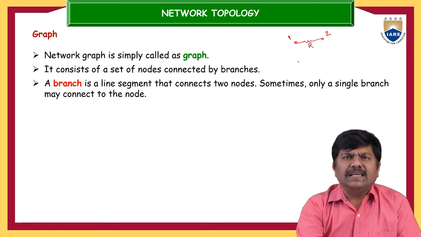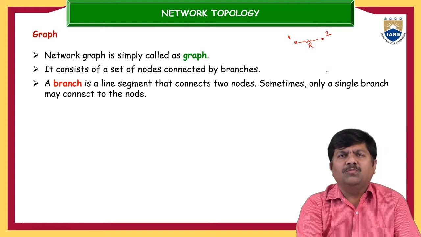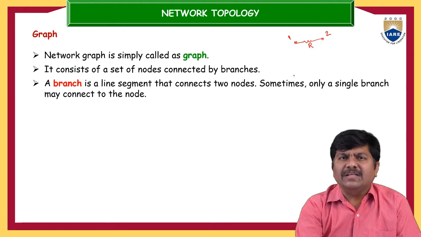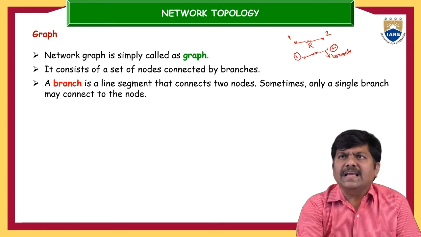So this is the physical element, now having a value of R, maybe 1 ohm, 2 ohm, whatever it may be. Now if you want to represent these elements in this network topology, simply between node 1 and node 2, this is node 1 and node 2, and this is nothing but a branch.